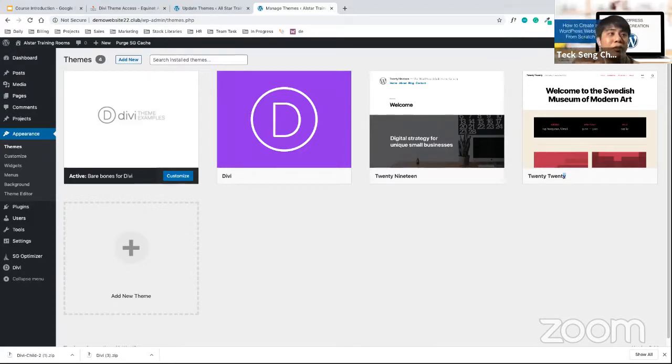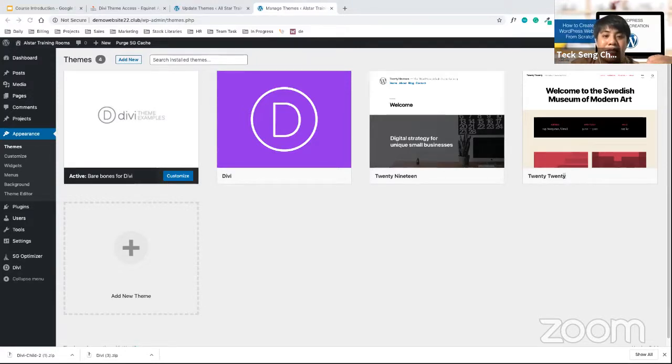For example, if you want to have a membership portal, you will install a membership plugin. Earlier, some of you were looking at installing a learning management system, LMS, which is something like the current portal that you see. Some of you want to install an LMS. You can also do it by installing a new plugin.